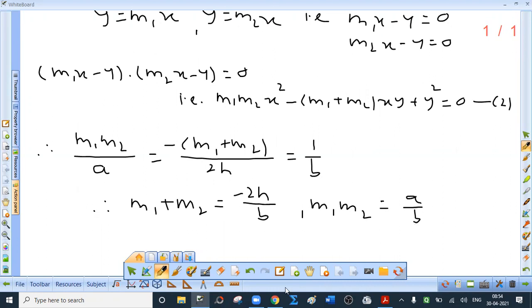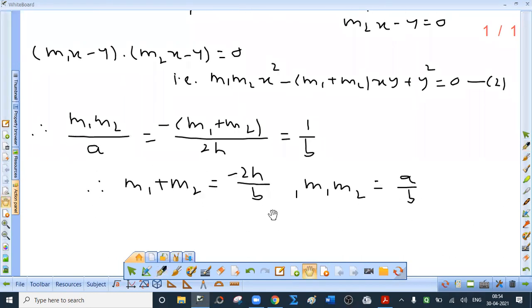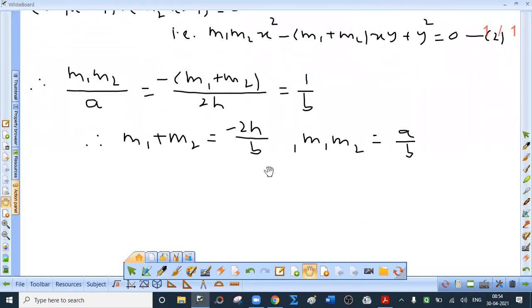I hope you are getting this. I compare these two, rearrange the terms to get this. And we already know that m1 plus m2 is minus 2h upon b. And what is m1 m2? a upon b. Now, I hope you remember the formula that if theta is an acute angle between the lines having slopes m1, m2,